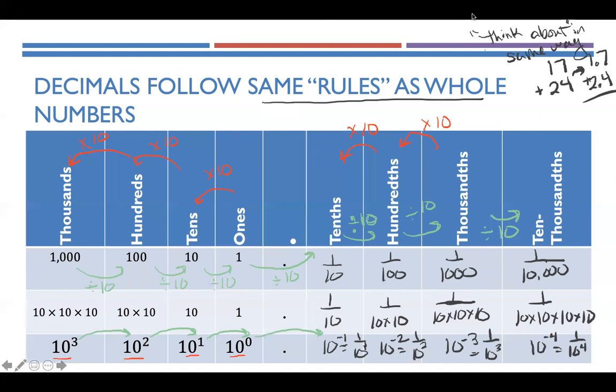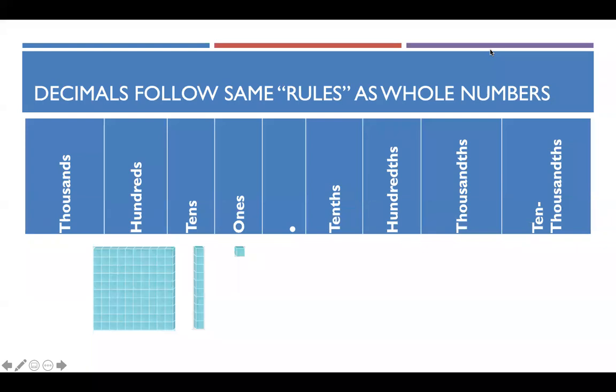It's the exact same rules. And so what we want to see is that we can use these same exact representations because of this regrouping in sets of 10, right? This factor of 10 times bigger, 10 times bigger, right? 10 of these little guys fill up this rod. 10 of these rods then make up this flat. And this is why we're calling them rods and flats and the unit cubes, because now this same exact